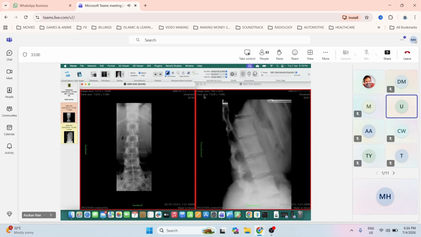as nerve sheath tumor or intramedullary mass, ependymoma, meningioma, schwannoma, or it could also be due to